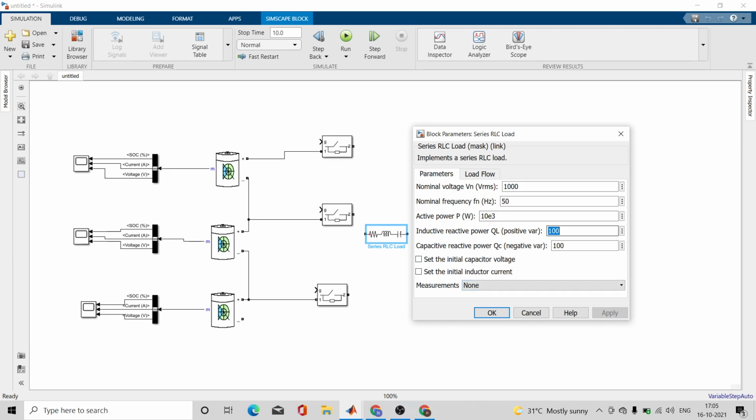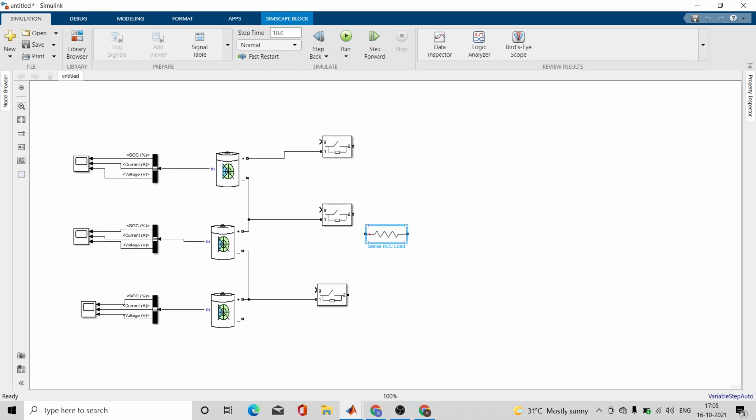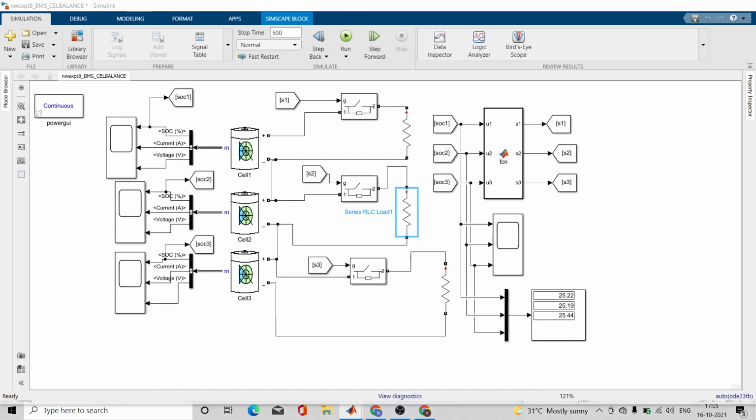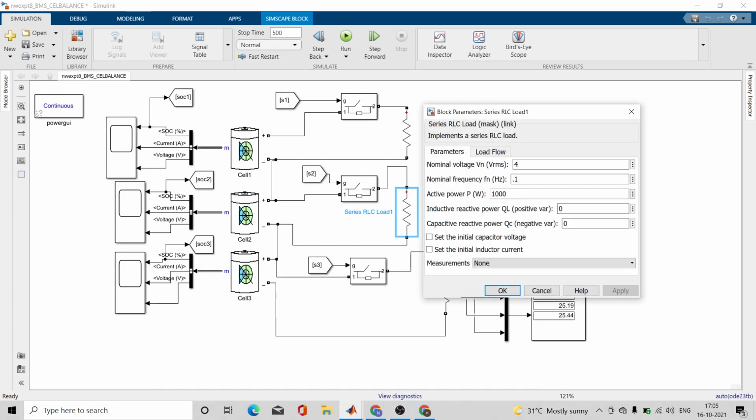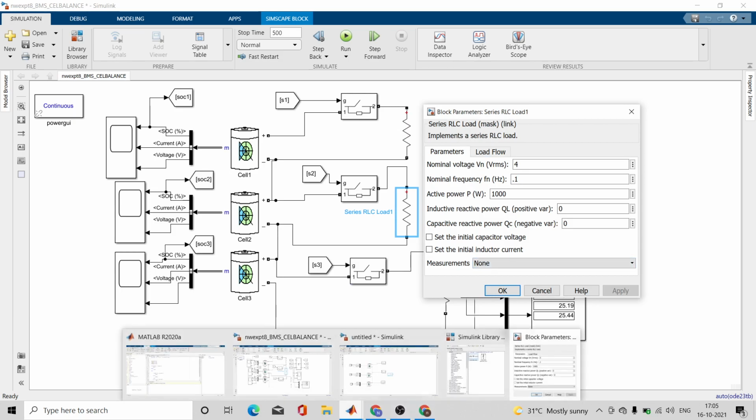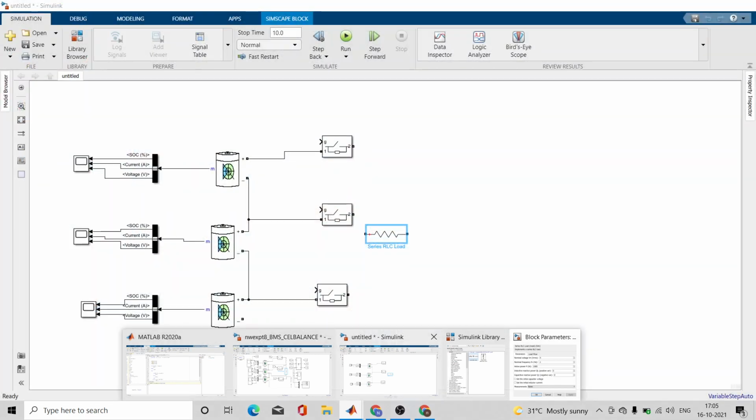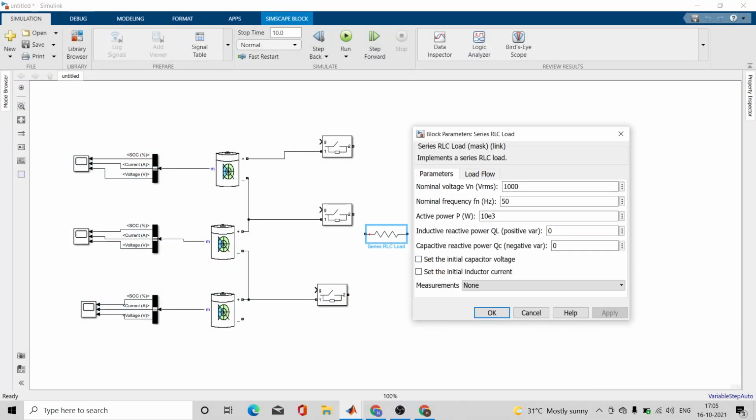Let me remove other reactive powers. Let me revisit this one. Yes, the value is very less. Okay. Now see over here, the voltage should be 4 volt, because the main thing over here is